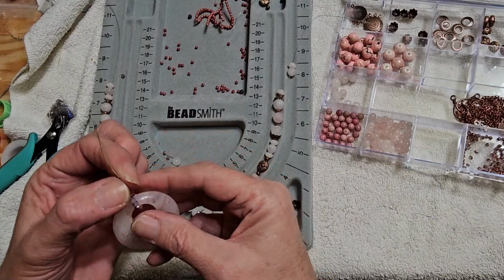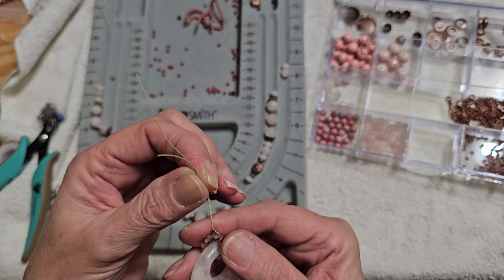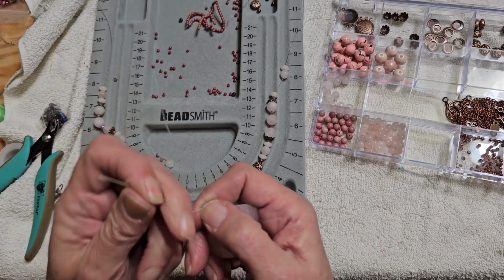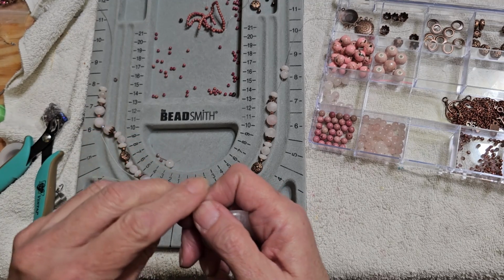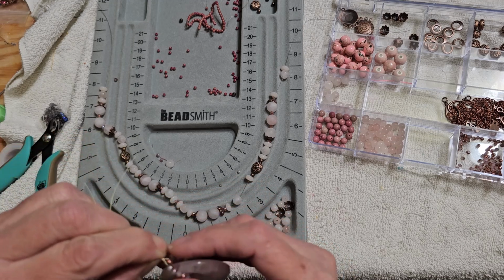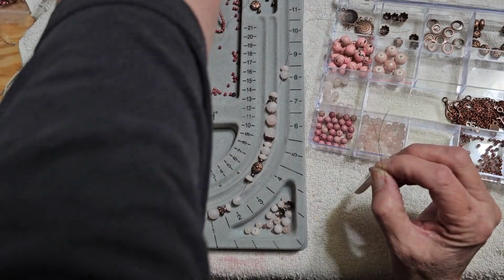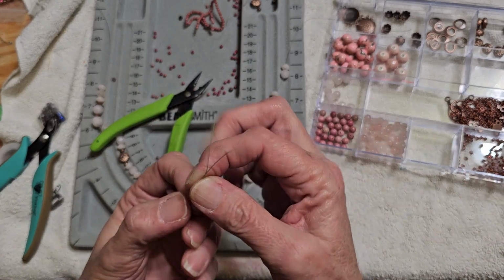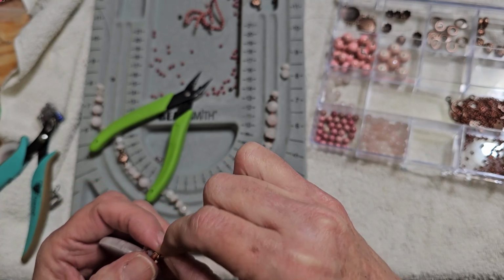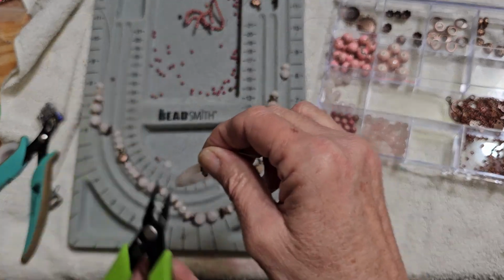So it's going to basically hang like that. But isn't that funny how it's a little less prominent on one side than it is on the other one? But we're going to try it. I mean, what do we got to lose at this point? If I don't like the bail, I can always redo it, right? It's just something a little different. And I don't do anything different very often, so